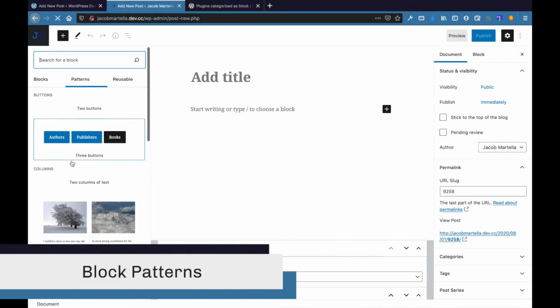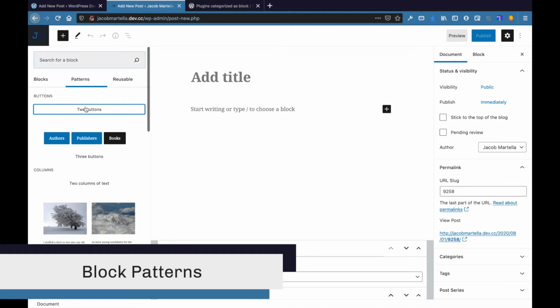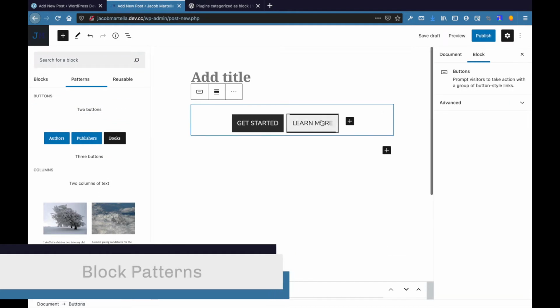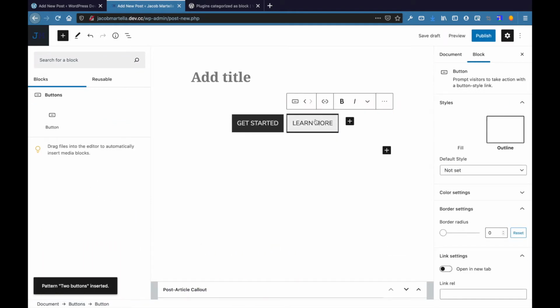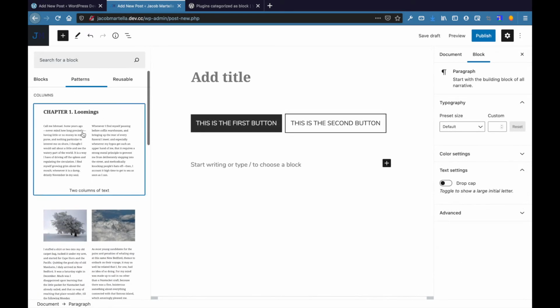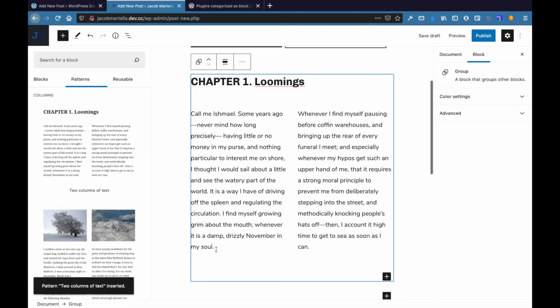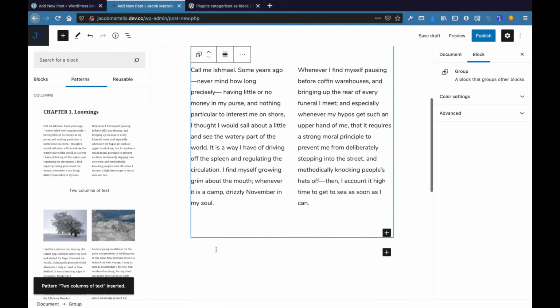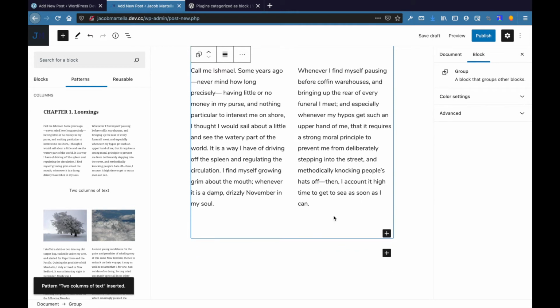Also, in the new left-hand column is a list of block patterns you can use. These are pre-built groups of blocks that you can add into your posts and pages. These can be a group of buttons, or maybe a heading and a couple of paragraph columns, or something else. Once you throw the pattern into your content, you can edit it however you want to make it look the way it needs to. And you can create custom block patterns to use, though you will need to use PHP for that. And I put a link to more information about that in the description below.